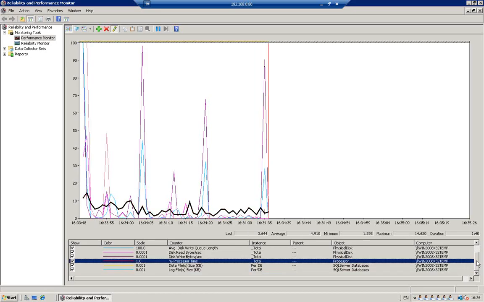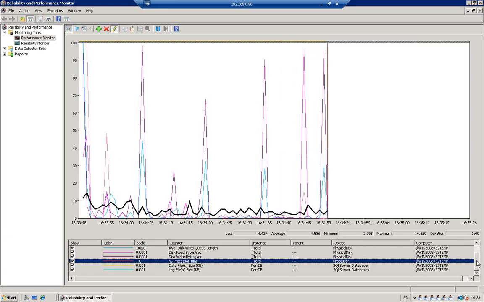Depending on which server we're monitoring, of course, there are different areas we would expect to act differently. On the database server, this is typical for a database server. On a web server, there are other parameters, IIS specific, that you might want to have a look at and get an impression of